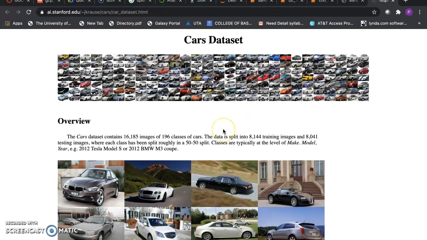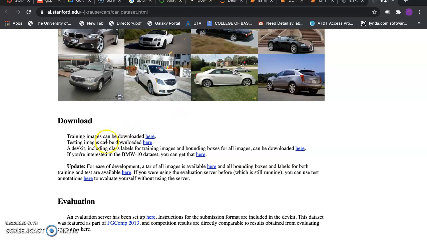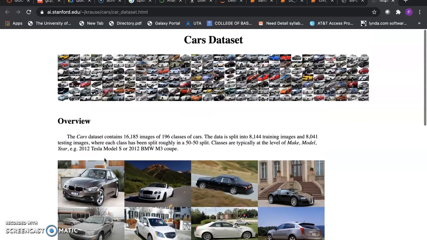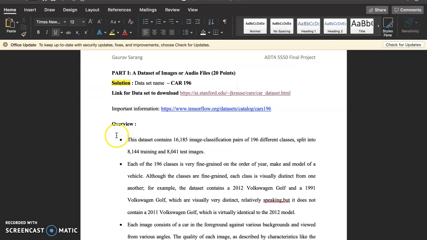If you see, this is the overview of the data set. Here we can download the training images and testing images. So overview is this much: image classification of 196 different classes. It's divided into training and test images.